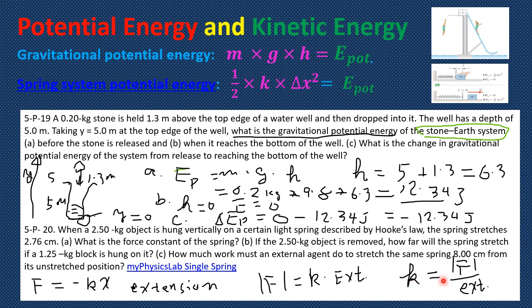So then we are asked to calculate the spring constant. We solve this by dividing the extension to the other side. The spring constant will be equal to force divided by the extension. So the spring constant will be in units of, say, 5 Newton per centimeter, or 2 Newton per centimeter, which means if you stretch 1 centimeter, you will have 5 newtons, and so on. So that's how you understand the spring constant.